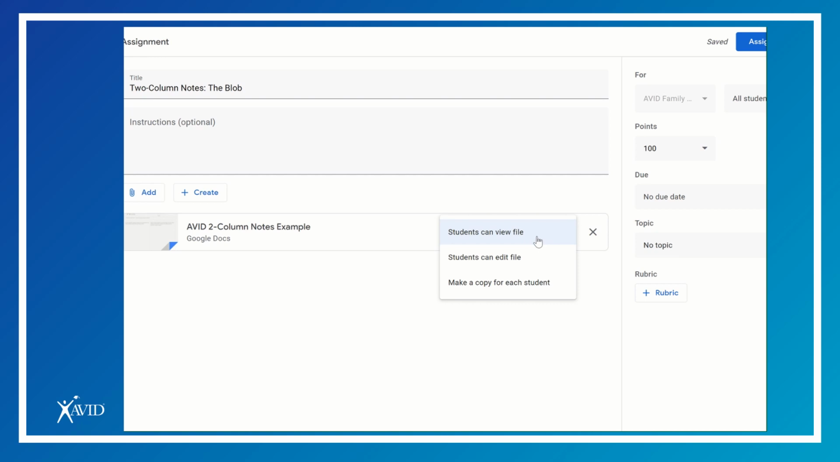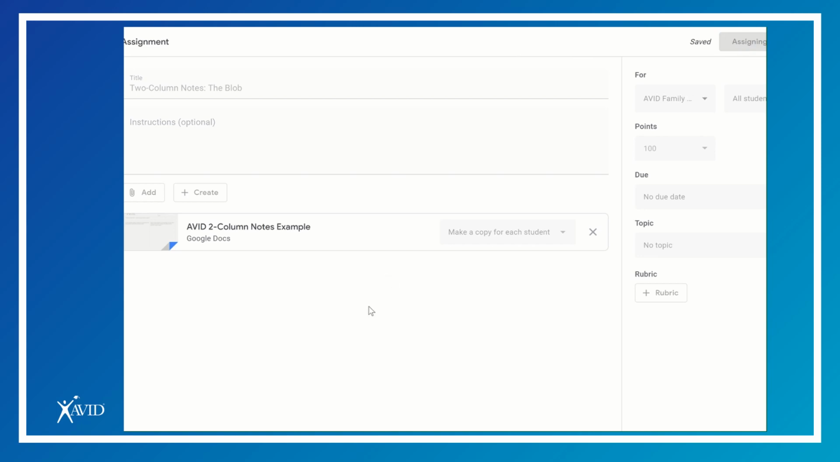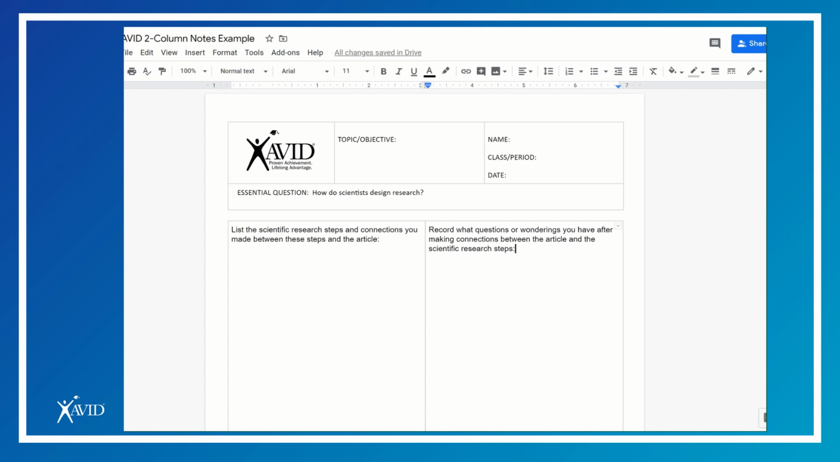I want here to make a copy for each student so that every single student, once they open it, they can go ahead and add everything I want them to add into the notes and turn it in. And instructions, I put instructions on the notes, so I'm not going to put anything here, although you can double up. That would probably be a good idea. And then assign. So while that's assigning, I'm going to go back into my notes and show you what I